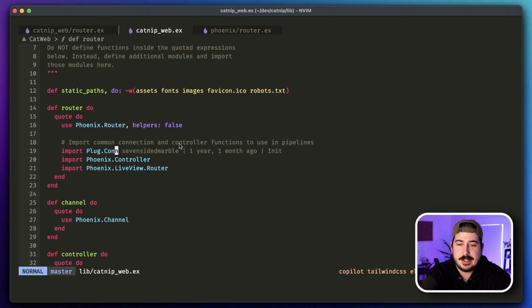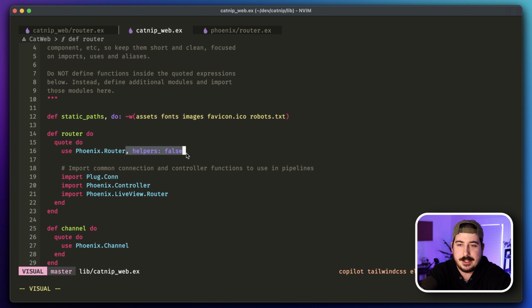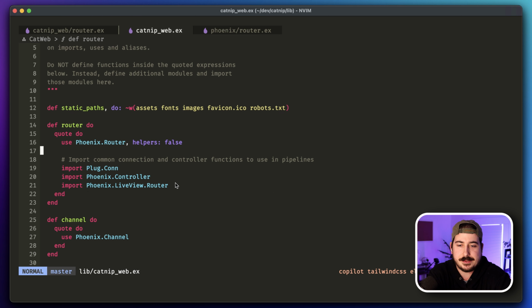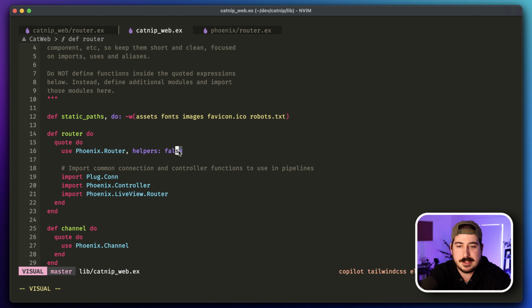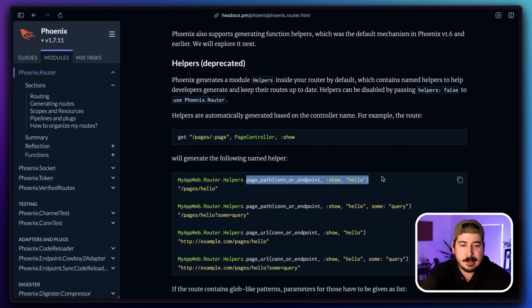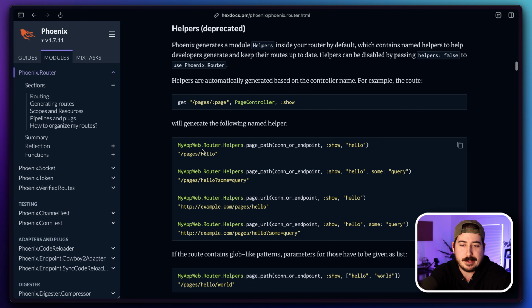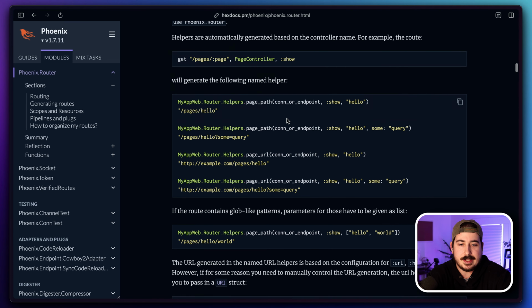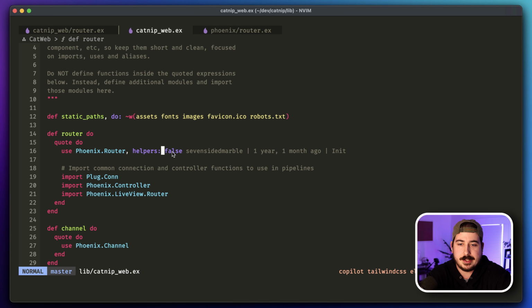Now, one other thing I want to draw your attention to is here in the web module, when we call use Phoenix router, you may or may not have this helpers false line here. This corresponds to an old way of referencing paths. Before Phoenix 1.7, this was the way you would go about referencing paths in your app, and I believe this syntax kind of comes from Rails. Rails had a similar helper method structure for this sort of thing. But in 1.7, they added a new way of doing this, and so when you set helpers false, it turns